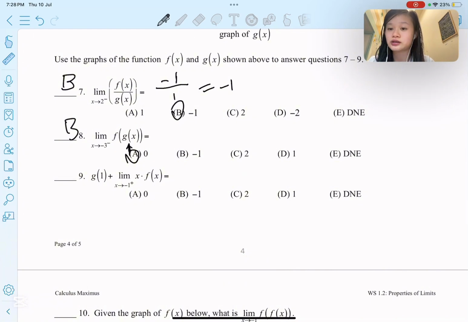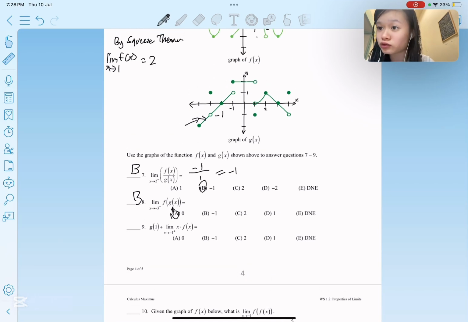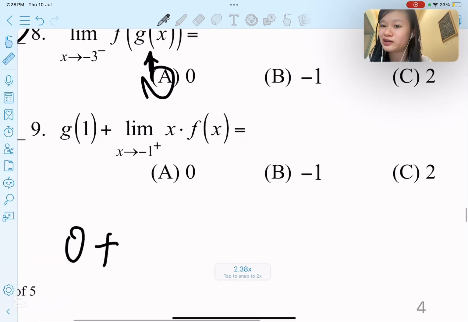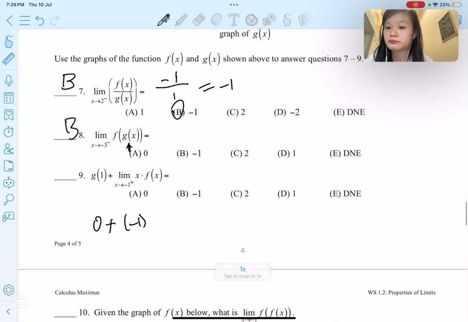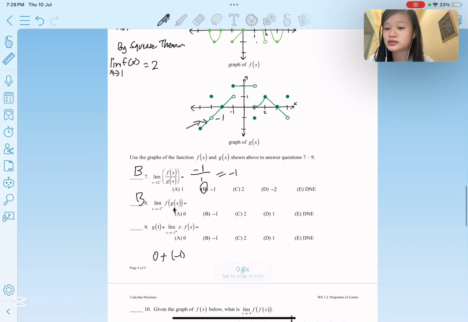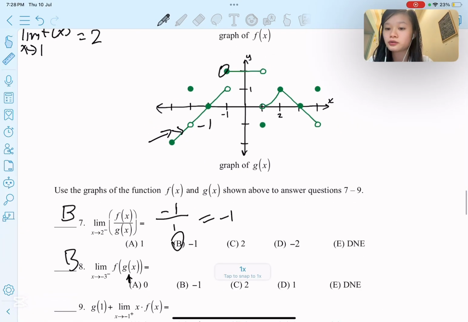G of 1, so this is actually very similar to some things that you're going to learn in the future. But what's G of 1? Remember, look at the graph. If it's G dash x, that's different from G of x. You'll learn later, but G of 1 is just 0 plus limit of, so in this case, because it's multiplied, you can just take the limit of the multiplying part there, or you can just take it out and put -1 in. Either one is fine, so I'll just take it out. From plus means from the right, so f of x as x equals -1 from the right, which is here, which is 2,